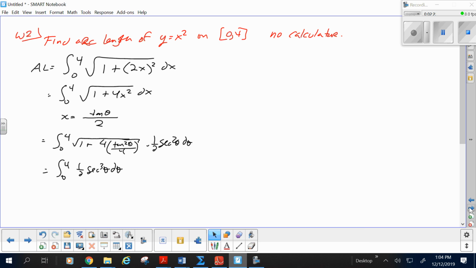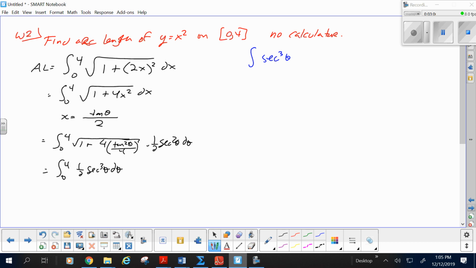Did you guys eventually get the antiderivative of secant cubed? Here we go. So I would strongly suggest on trig sub, U sub, you guys are really good at changing limits. Generally with trig sub, especially one that's going to be hard to integrate, I would go off to the side and,